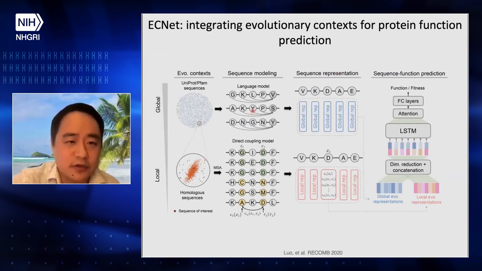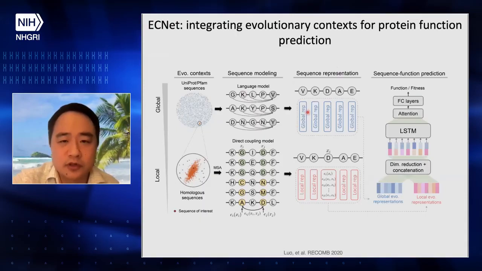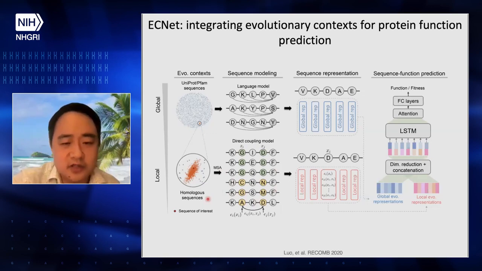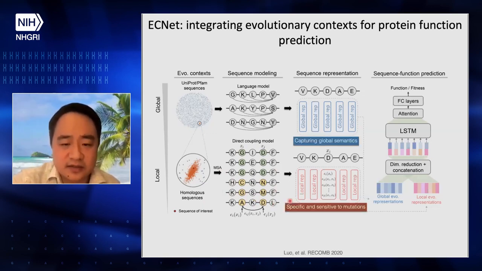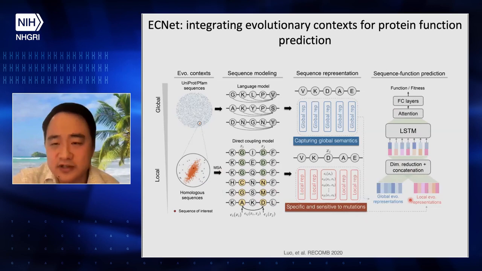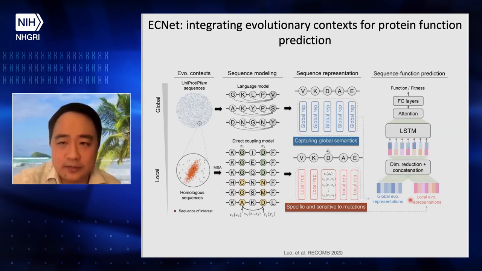On the top, we use a global model, a language model, to extract the sequence representations. And on the local side, we have a model that learns from multiple sequences. Those are homologous sequences, very similar, close sequences, and we use them to learn specific features that are sensitive to mutations. And then we use our favorite model to integrate all these features together to predict the protein